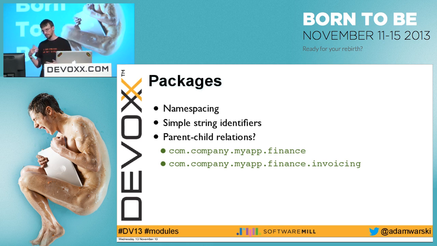If you look how the tools use packages, so for a Java compiler or for other tools, package names are just simple string identifiers. By convention, we use the reverse domain name convention, right? We use dots to separate the various components in the package names. But for tools, the package names are just simple string identifiers. So the tools don't really have any parent-child relation. They don't know that, like, if we look at the first package over here, right, and the second one, we kind of